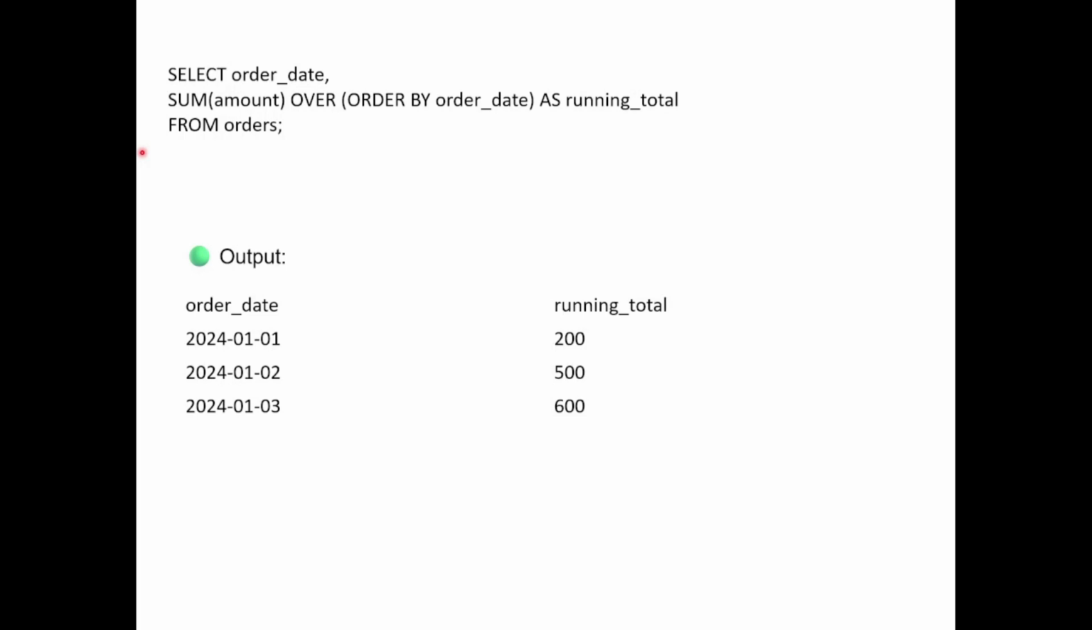So it's like, for the first row just that row's amount, for the second row the first plus the second row's amount, and for the third row the first plus the second plus the third row's amount. This is what we call a running total or a cumulative sum. As running total just renames the output column to running total, giving an alias. So this is the key line here. This line adds up the sales amount row by row in order date order, giving a running total, perfect for